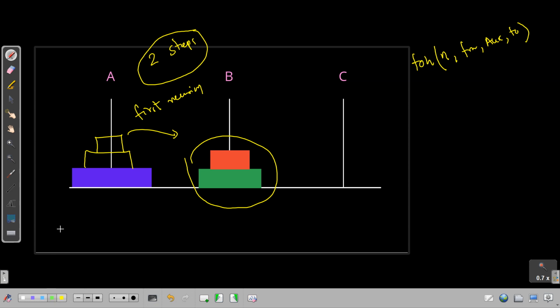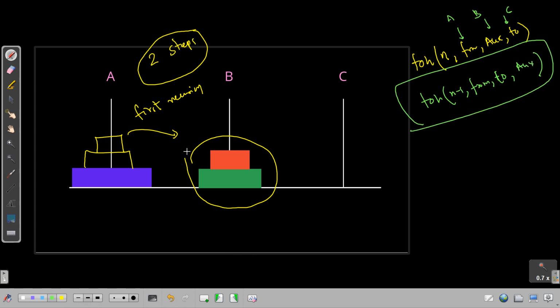So now see here, at the first recursion call, what are we doing? We are not moving n blocks, we are moving n minus 1 blocks. From where to where? From the from rod, we are using the C rod as auxiliary. So here we will be passing n minus 1, because C is passed here, B is passed here, and A is passed here as parameter when we are calling the function. And we are moving this to the auxiliary rod, that's why we will be using auxiliary. This is our first recursion call.